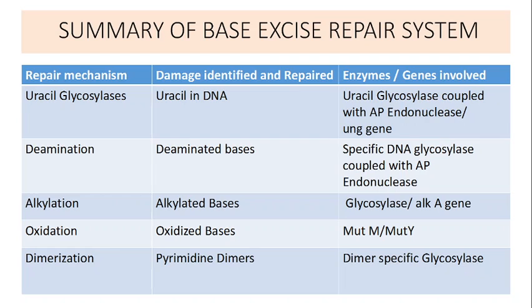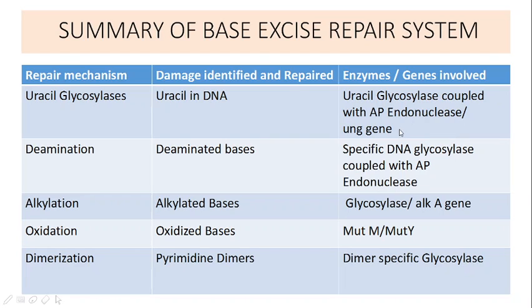So the major three-step process involved in this base excision repair system begins with the role of the N-glycosylase enzyme, which recognizes the uracil residues in single-stranded and double-stranded DNA, cleaving the N-glycosidic bond between the uracil and the deoxyribose sugar. The free uracil is released, creating an AP site. These specific DNA glycosylases will recognize the abnormal bases and remove them from the DNA. Then the AP site will be recognized by AP endonuclease. This is the second step.